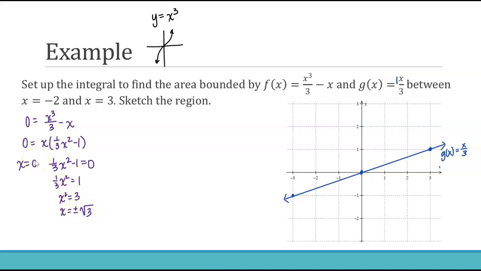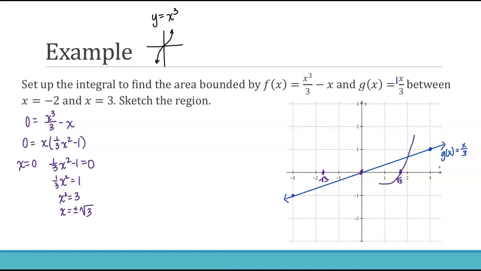So we have 3 different x-intercepts for this cubic function here. We have the origin, and then we also have positive and negative radical 3. Positive radical 3 is between 1 and 2, right? The square root of 4 is 2, so it's a little bit less than that. I'm just going to approximate it here. This is the square root of 3, and then negative radical 3 on the other side. And if my end behavior is that the right side has to go up and the left side has to go down, I could just do a little bit of a sketch here,